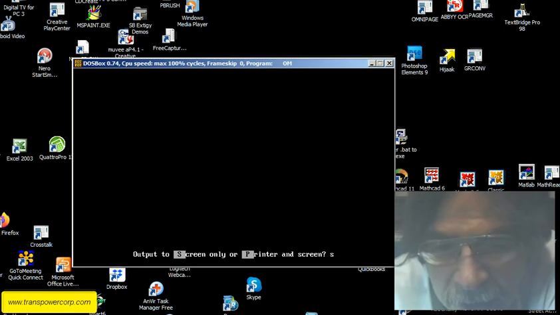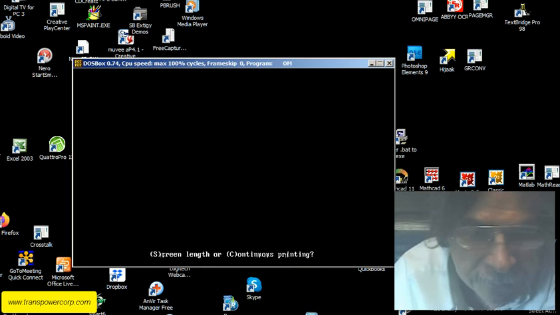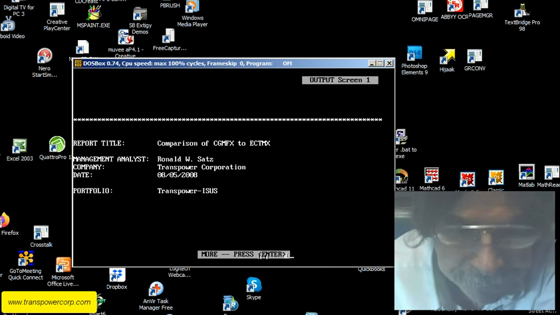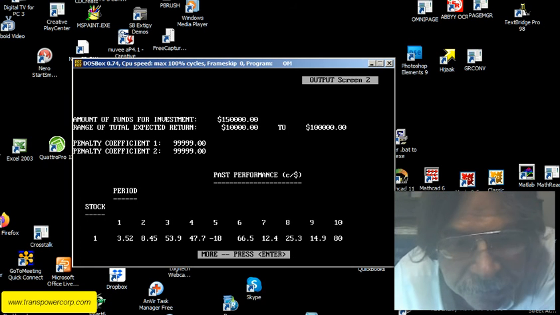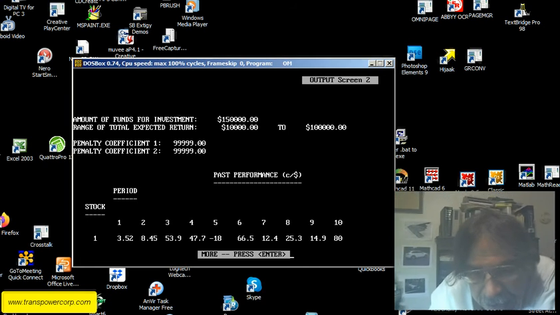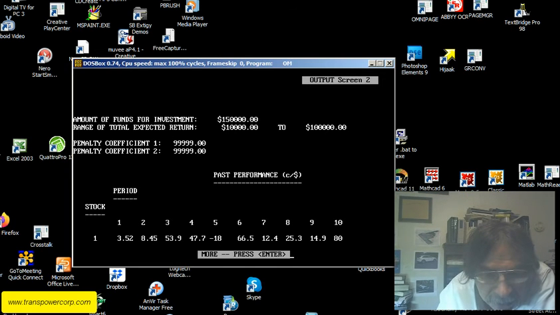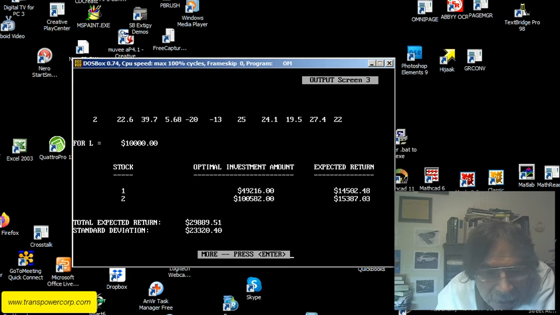All right, so we'll go screen only here. You can go to printer when you're satisfied with the results. So we'll just look at it on the screen. Screen length. So the output has all the input, of course. So here's the past performance, cents per dollar, right here. Got the penalty coefficients. And so here's for L equal 10,000,